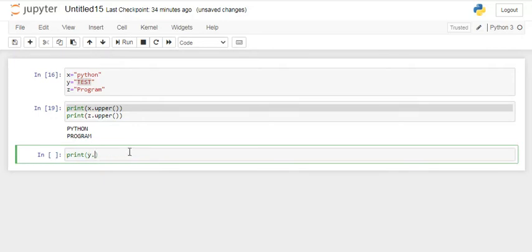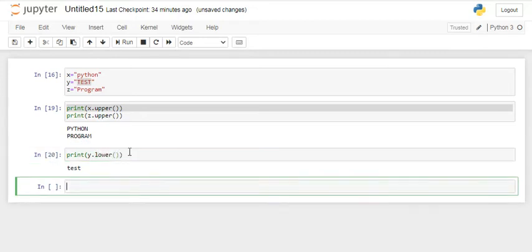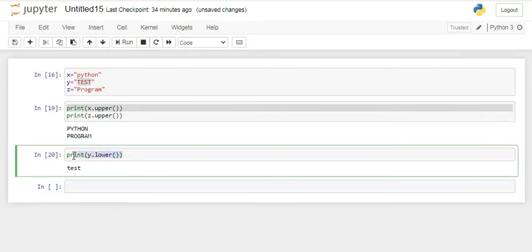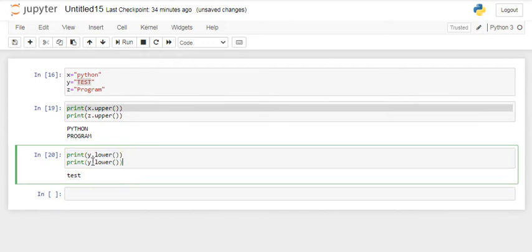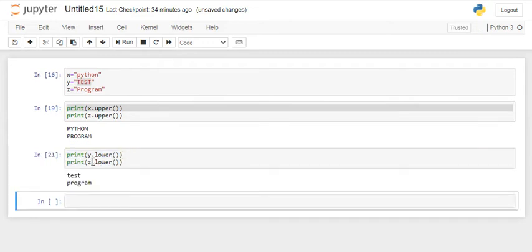Let's try for y. If you print y.lower(), what it did exactly is convert all the uppercase letters into lowercase letters. Let's do the same for z as well. So this is how lower and upper work exactly.